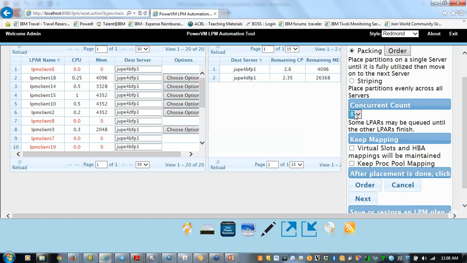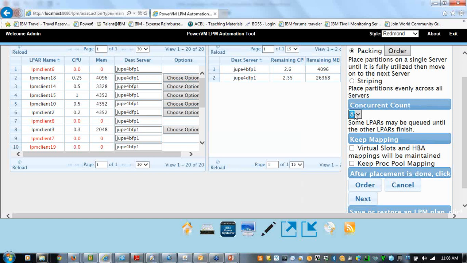So what will happen if you click on this and that pool doesn't exist over there? When we run the tool, most of your LPARs will move, and a few of them that you forgot you didn't have the pool over there won't move, and you'll have to do another migration of the ones that didn't have pools to fit into. So that's processor pool mapping.